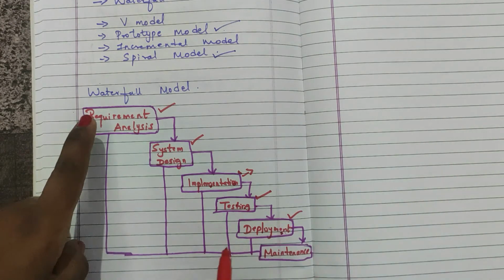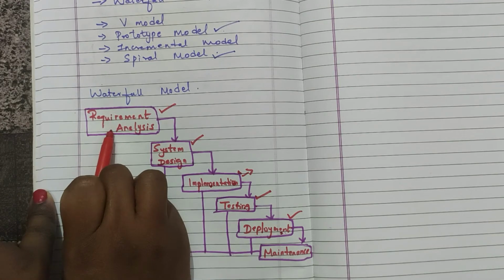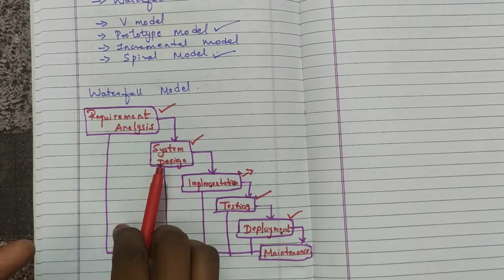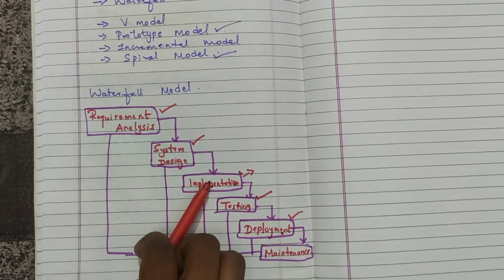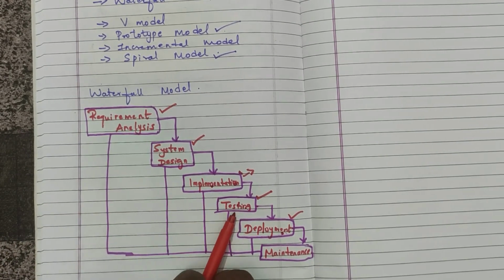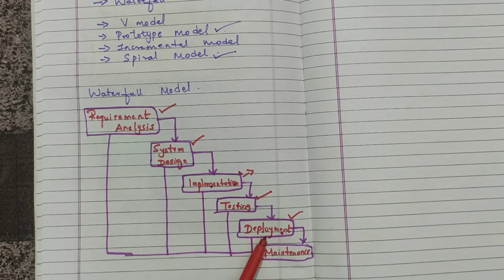So first you have to gather your requirements, whatever you require to create the product. Next you have to design that product in which way you want it, then implement that. After the product is implemented, it should go for testing. Now once the testing is done and the product is ready, it will go into the customer's hand, and if the product is fine and good, the customer gives a good review and ends up taking the project. If he wants any changes to be done, that goes to the maintenance, and the maintenance will take up the changes and the reviews whatever the client gives and then finalize it again.